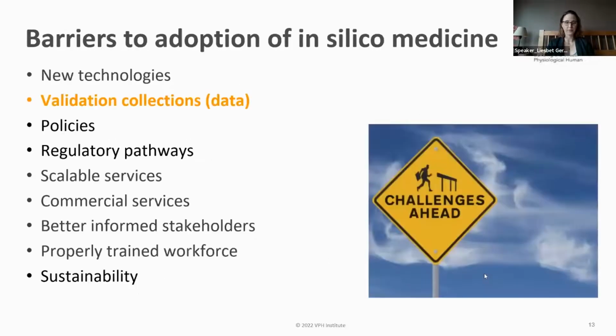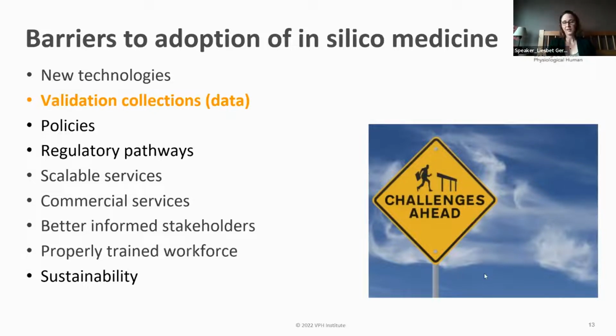And so one of the things that we will spend some time on is together thinking about some of the current barriers to the adoption. And I'm sorry, it says still in silico medicine, this should be digital twin. Some of these barriers that currently still exist we need to work on overcoming, and that really can only be overcome if we work on this together. And that is what I now wanted to show, how some of the current activities in the community are already trying to target overcoming some of these